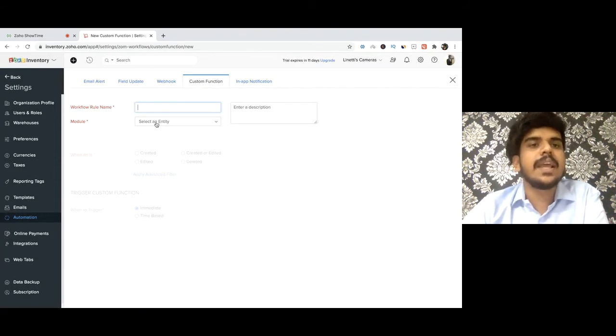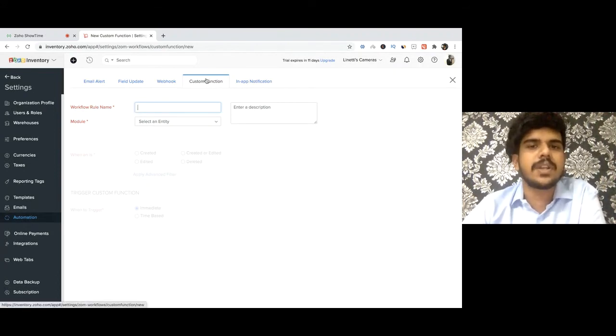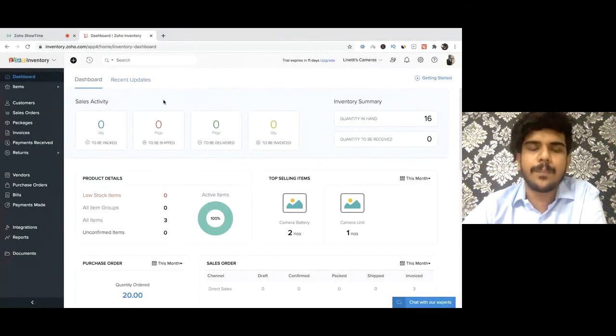And custom function is a very advanced automation section. So whenever you have certain specific automations that you will have to achieve, make sure to check with the team if it is going to be possible using custom function. I will give you a small example. Let's say whenever a sales order is being created, you want the system to automatically convert the sales order to an invoice. These kind of automations can be achieved using custom function. A little amount of coding will be involved here, but our support team will be able to help you with the process.